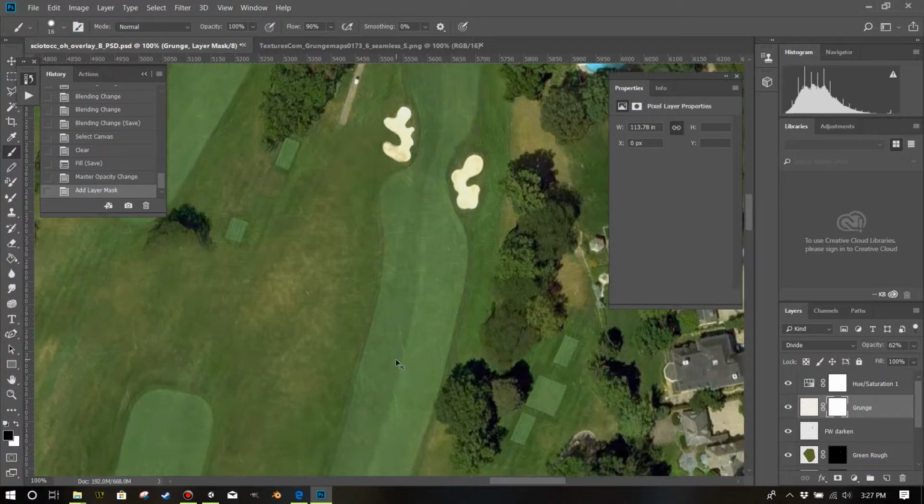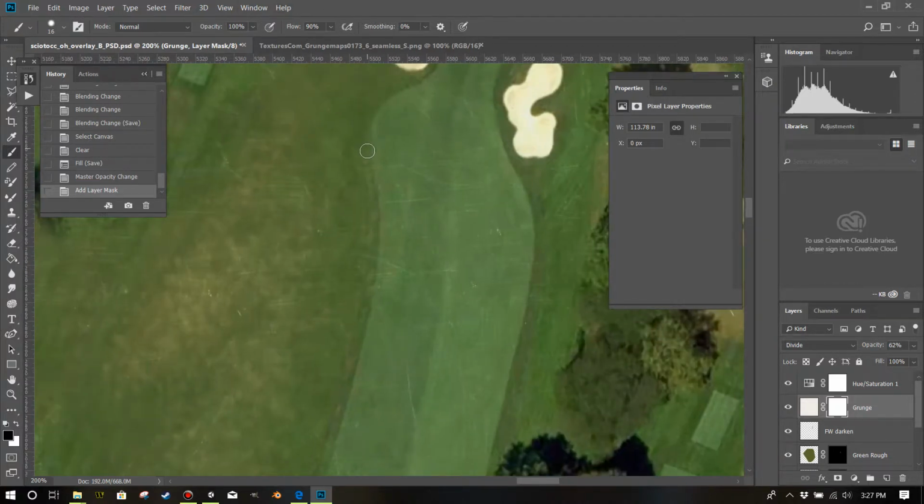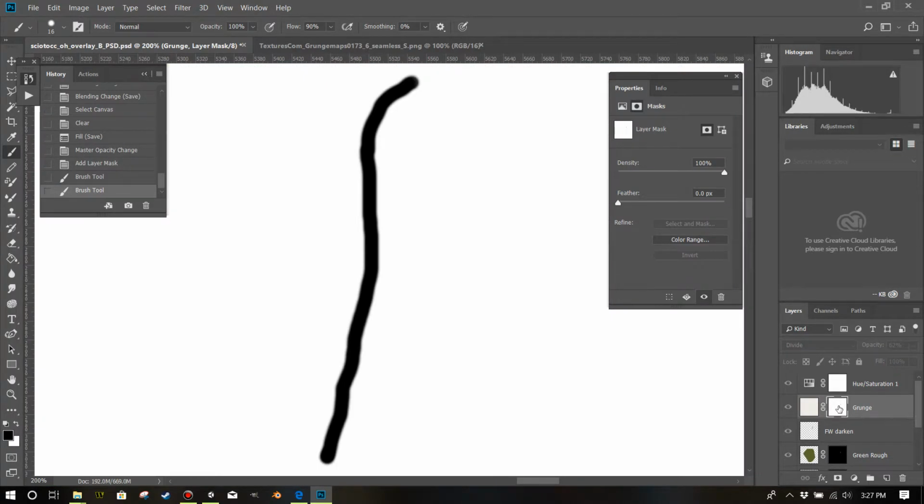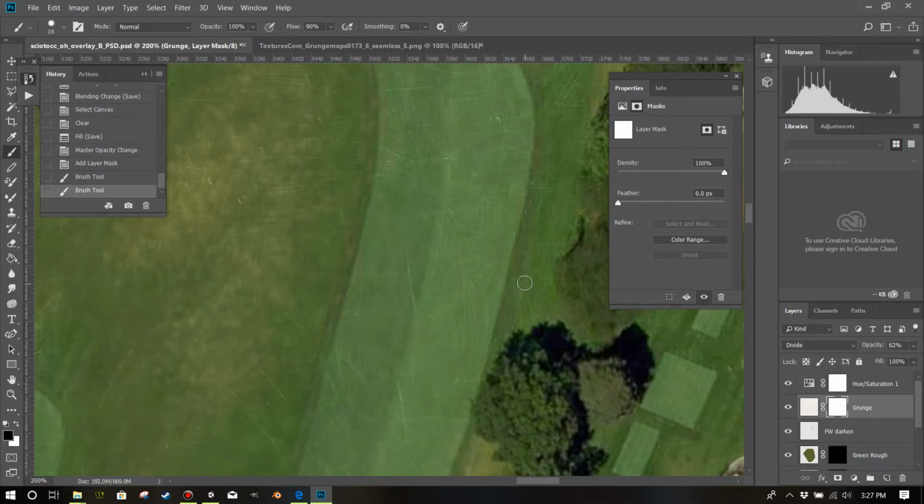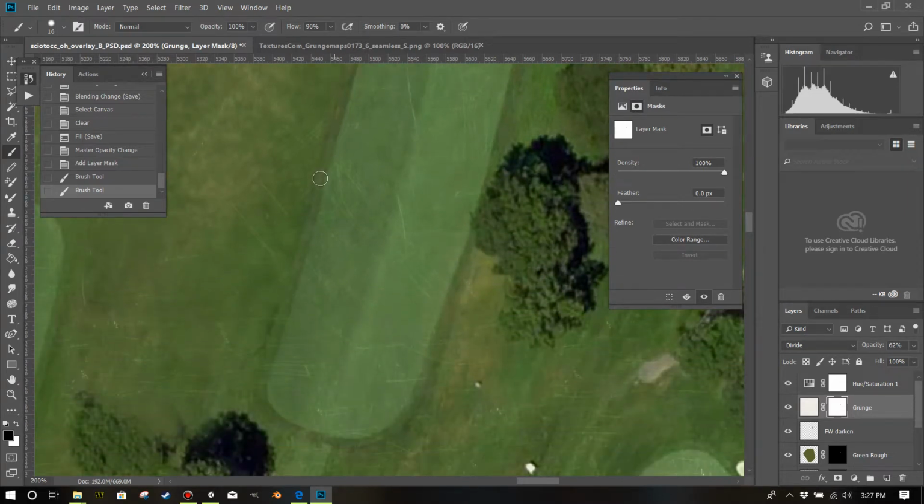And in the end, what I do in my project, and I'm not real careful about this, but I delete this. If you see this now, you want me to go look at the mask so I can show you what's happening. Alt left click here. See that? I'm just drawing black there. It's cleaning this grunge off